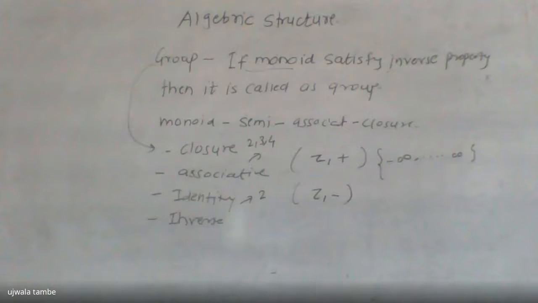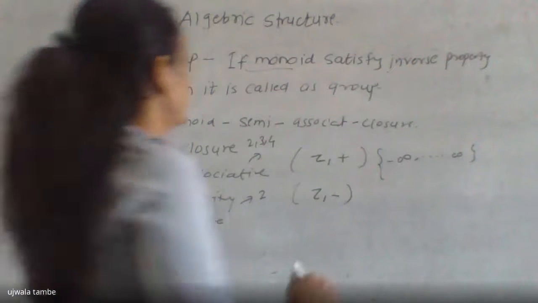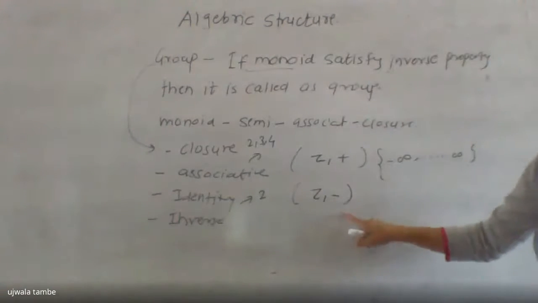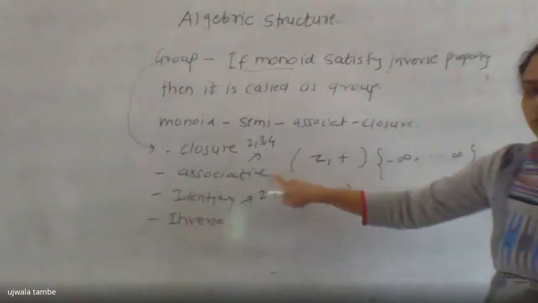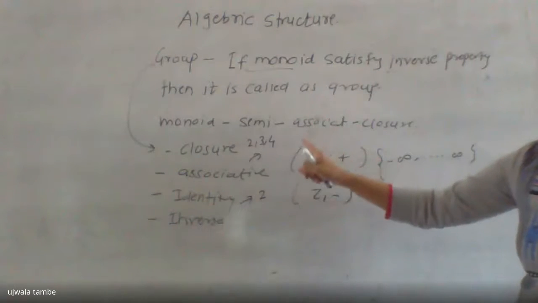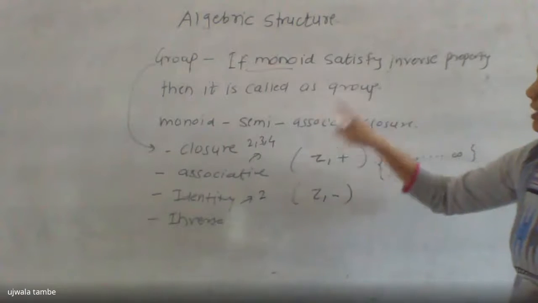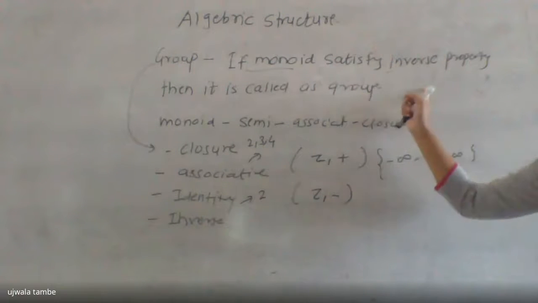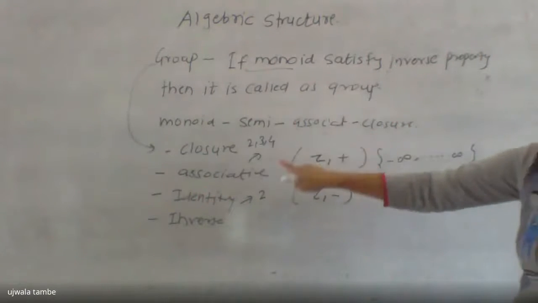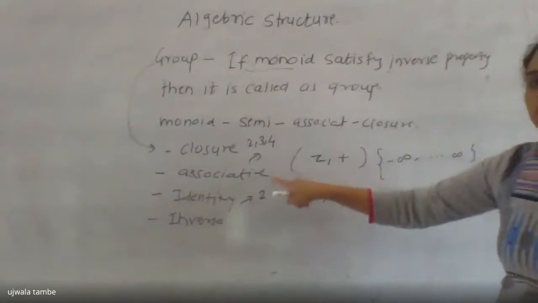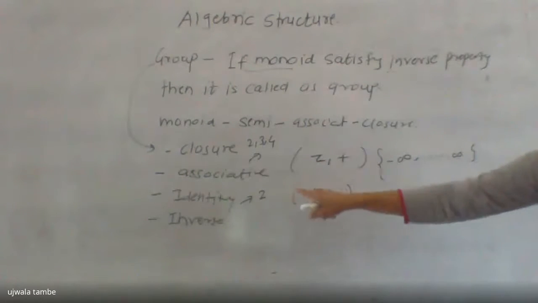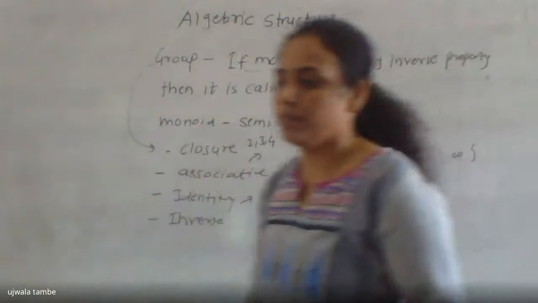I think you got the answer in the second step as well. No need to solve the whole expression, right? Okay. So as we know, the subtraction sign does not satisfy the associative property. And if the given algebraic structure does not satisfy the associative property, it is not a semi-group. And for the monoid, we require the semi-group, and for the semi-group, the associative property must be satisfied. So, as this algebraic structure is not satisfying the associative property, no need to check for the identity and inverse. Okay?